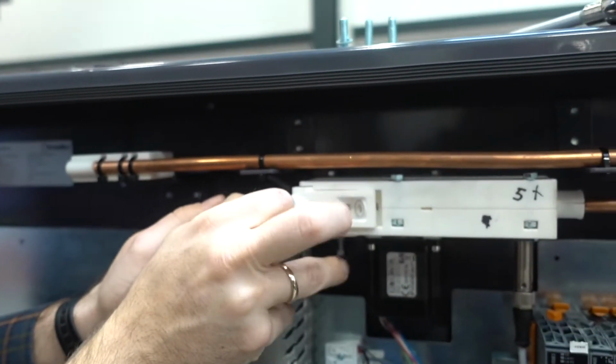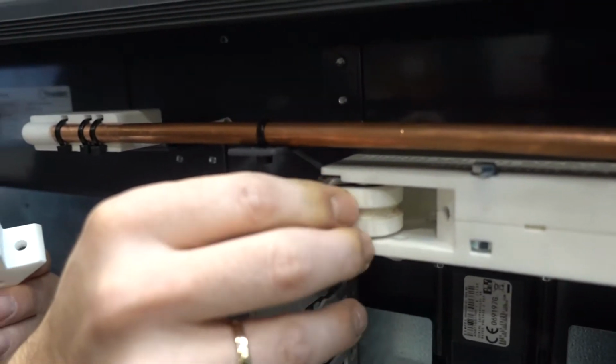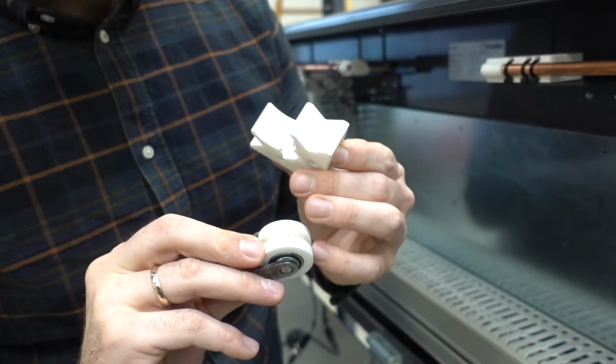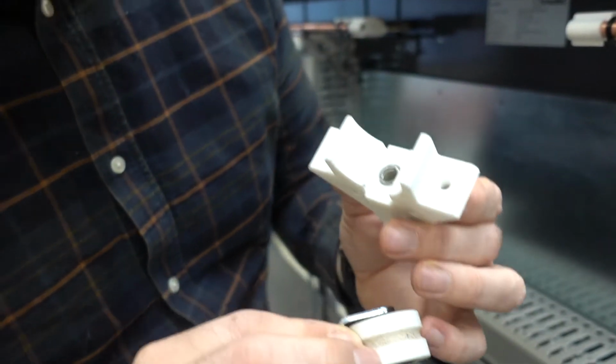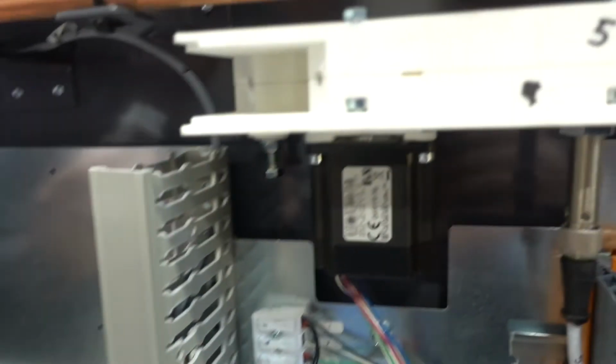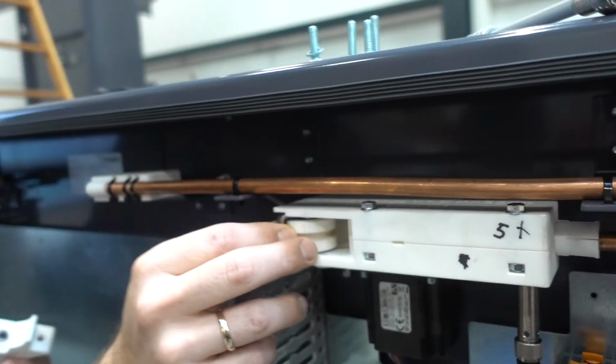If the bolt is still sitting here, we can pull it out. And we can slide this piece out to see the rollers. It will look dirty, but it's okay as long as you don't have big grains in there. So there you see the wire inside, and it looks good. And we assemble it again,